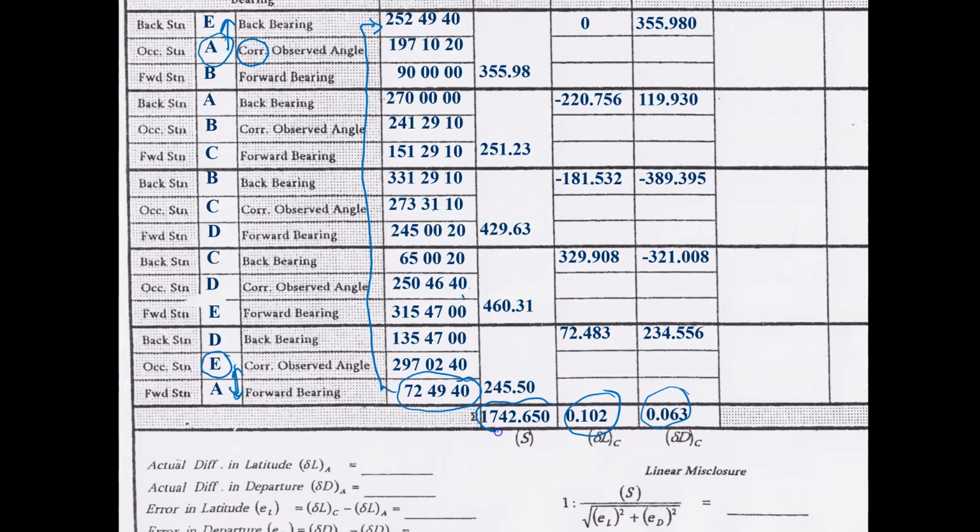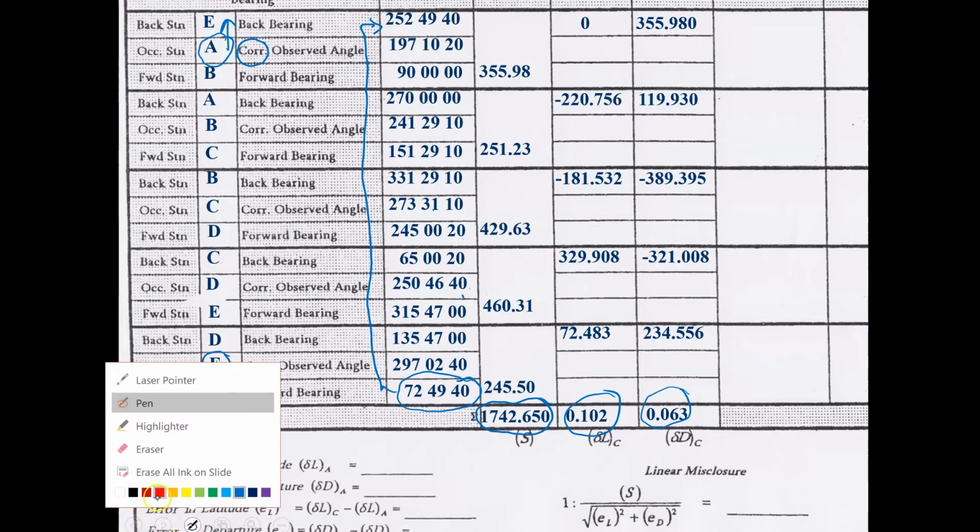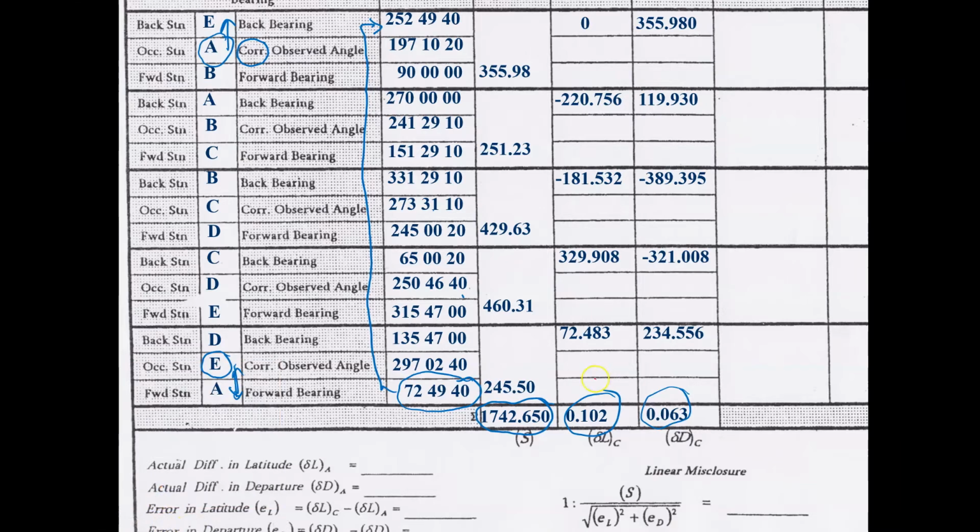That's basically the total distance that you travel, we call it S. So in theory, when you sum them up, that one should be 0 and that one should be 0. But it's not. Because of errors, you end up with 0.102 and 0.063.